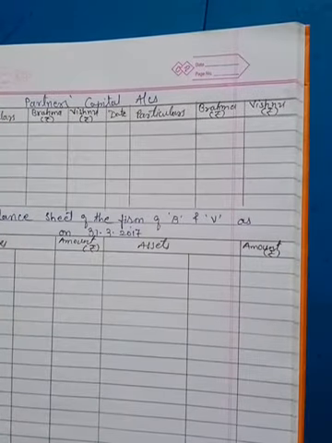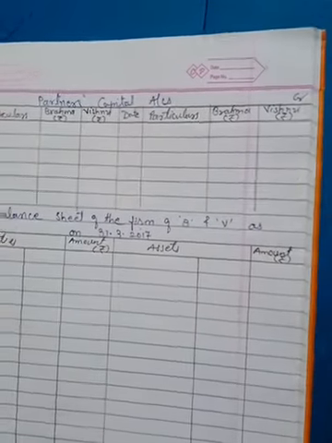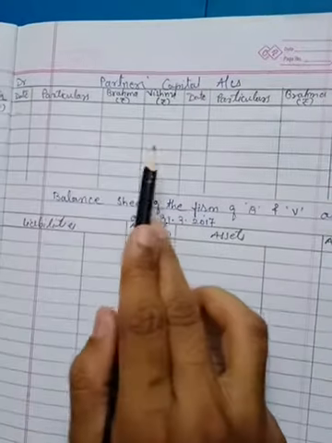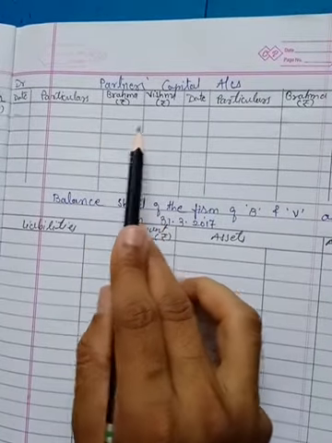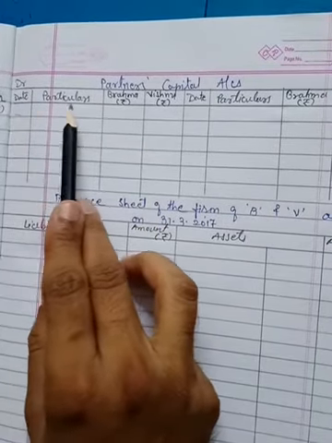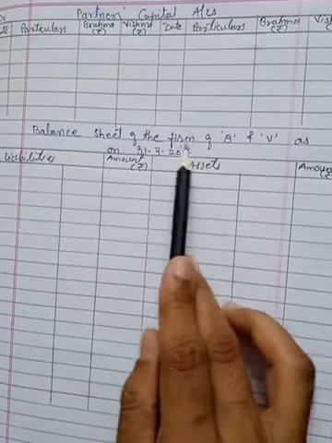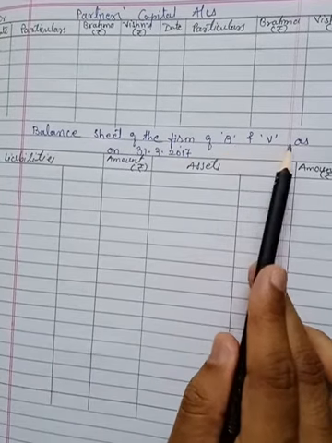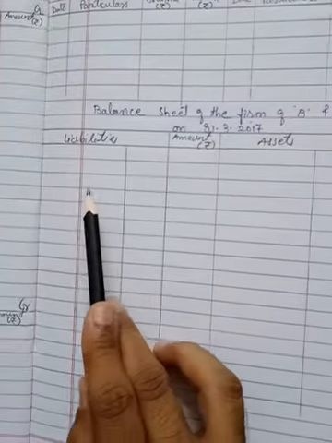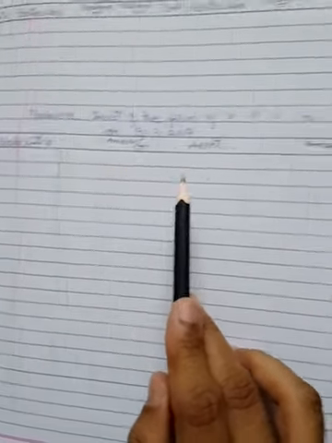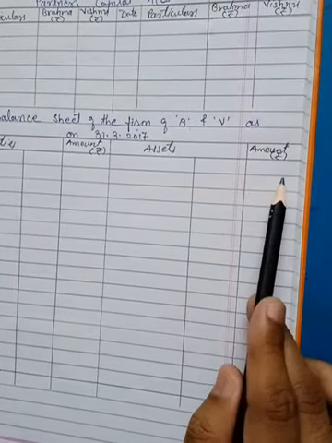Then I have prepared the partners' capital account, and there are two partners, so you need to prepare two columns for amounts. Date, particulars, Brahma rupees, Vishnu rupees. Date, particulars, Brahma rupees and Vishnu rupees. And the last one, the balance sheet of the firm of Brahma and Vishnu as on 31/3/17. Liabilities, inner column and outer column, rupees. Assets, inner column and outer column, amount in rupees.